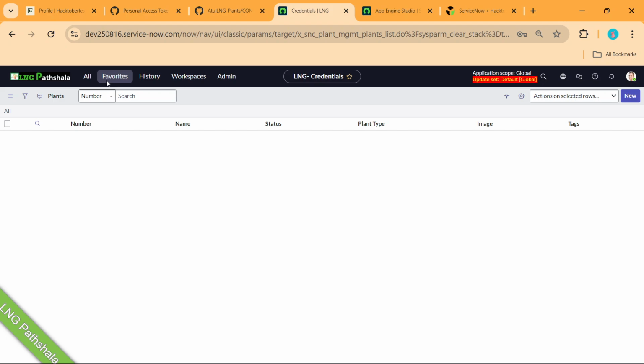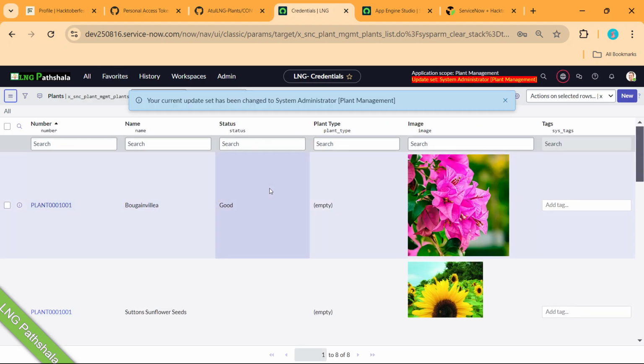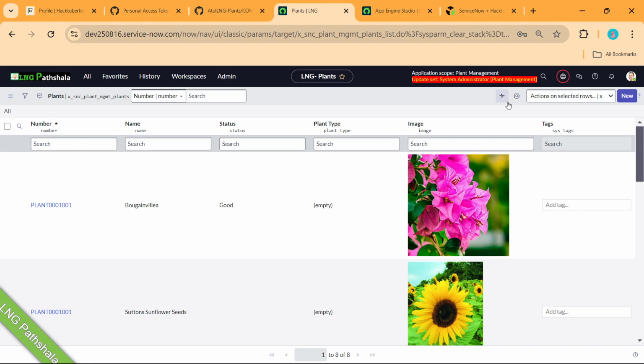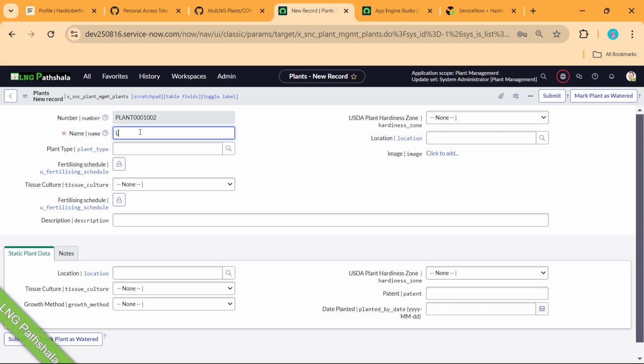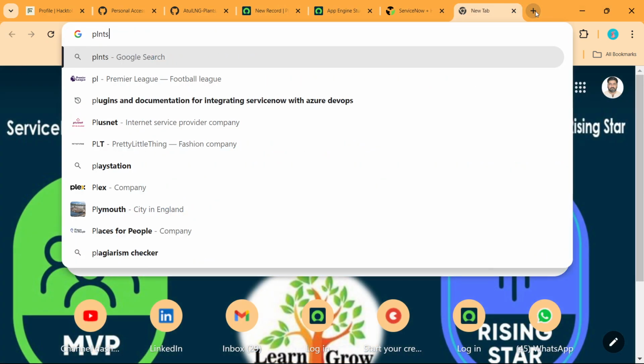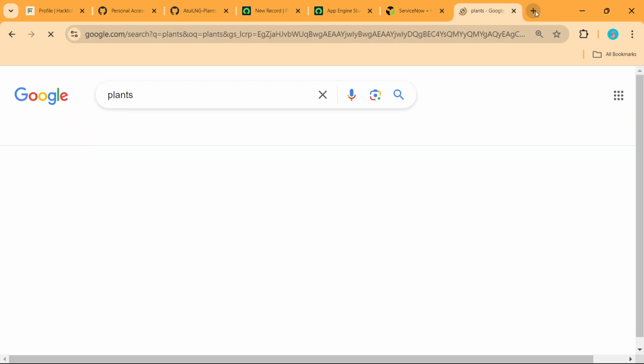List. See, now my scope and my update set have been changed. Click on New. What is the name of my plant? Let me take something good.